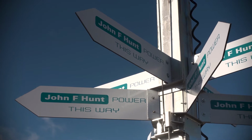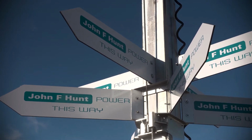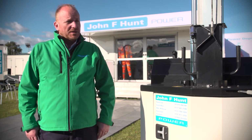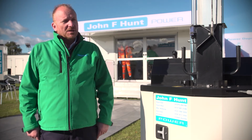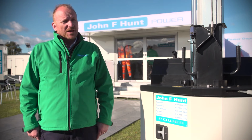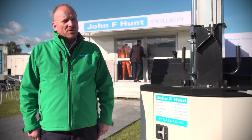John F. Hunt Power have been in existence since 1998 as a generator provider, hiring out generators, temporary power equipment, distribution boards and cabling. We also do tower lights, and we offer fuel management service as well. So we provide the fuel to all of the equipment to keep everything running, and over the course of 23 years, we've now got a fleet of 2,000 generators, so we're well entrenched in the market